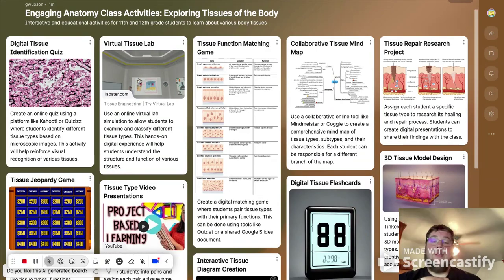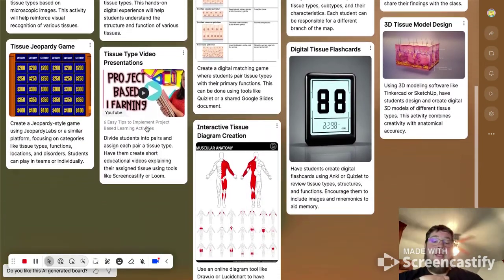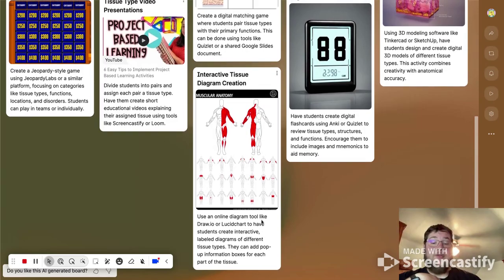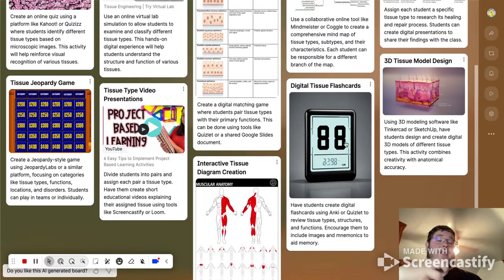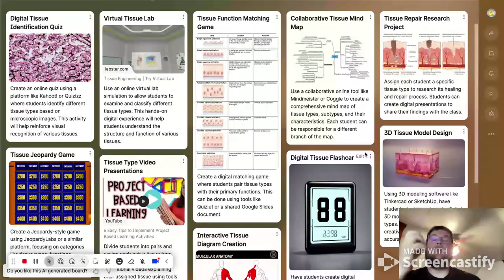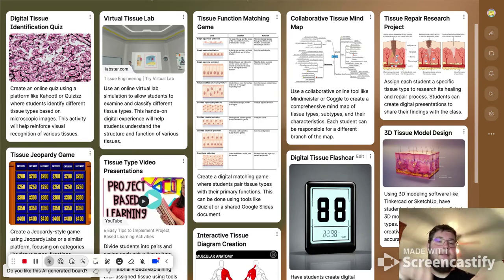So this is a Labster one. This is a virtual lab. And again, a lot of these things that you're going to find are already out there. So create or use an online diagram tool like Draw.io to have students create interactive stuff. It'll give you some websites, but this is ideas to do, and then you're going to have to build it. But I think that's cool because me, as a teacher, sometimes I get stuck in a box, and this really helps me go, oh, I didn't ever think about doing that particular assessment or assignment that way